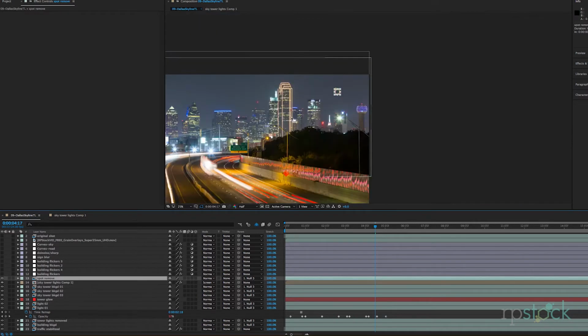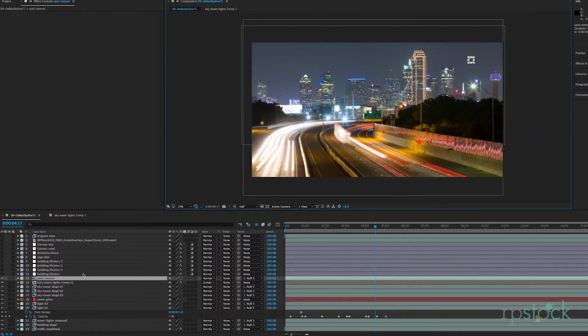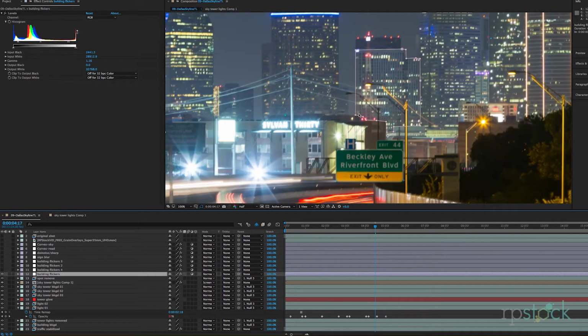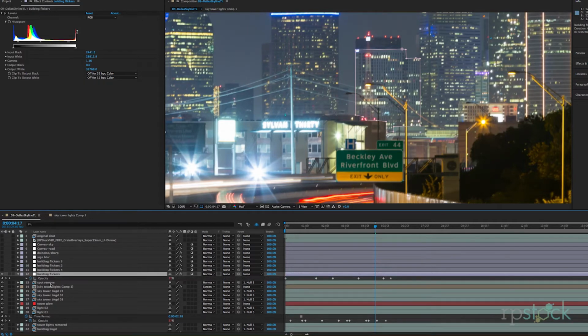Now another technique I used for the buildings to give it some life, as if there was some nightlife going on throughout the center city, was to add some adjustment layers, and I called these building flickers. All they pretty much were is a levels adjustment with a mask that I outlined a few buildings of the downtown area. And if I reveal the keyframes, it's just essentially the opacity going on,